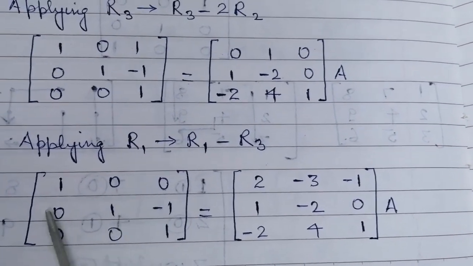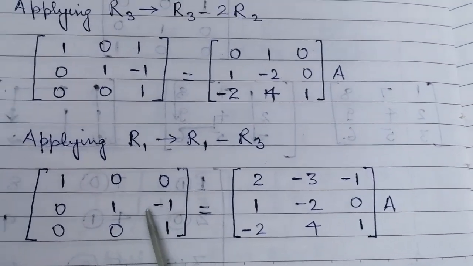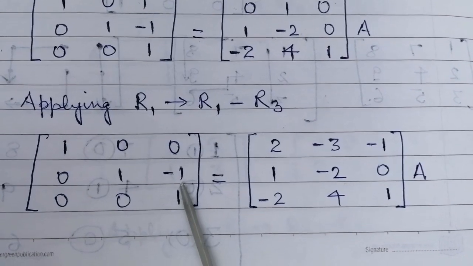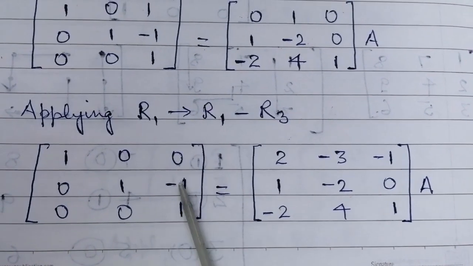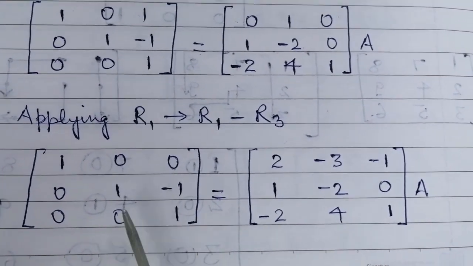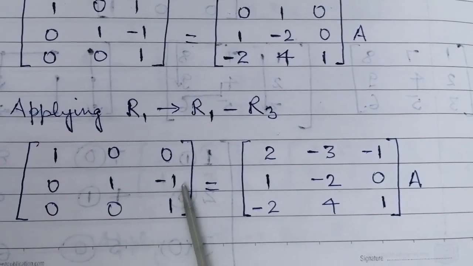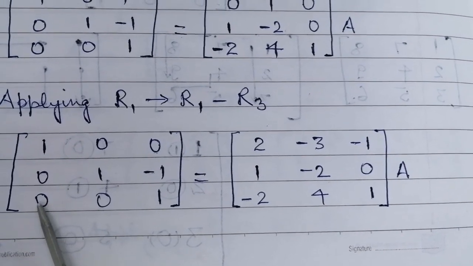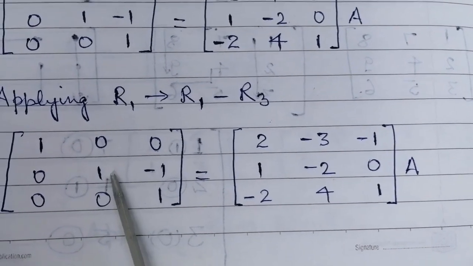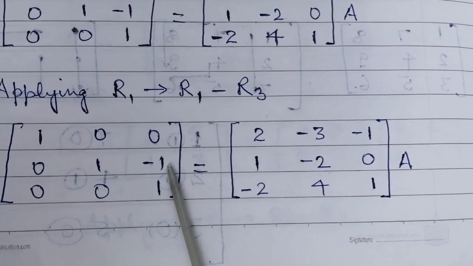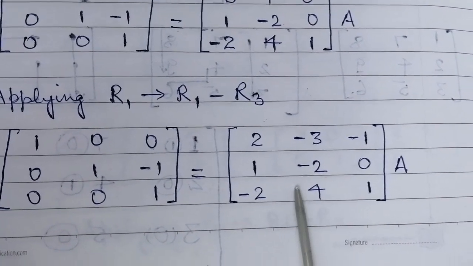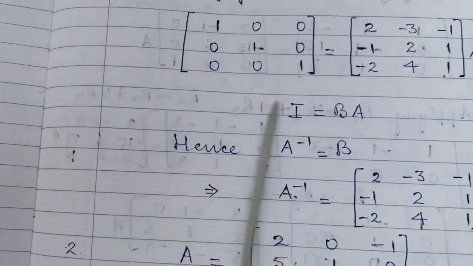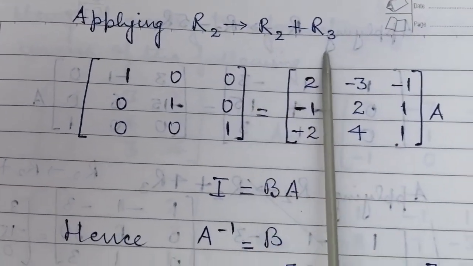Now we are just left with this element, right? At ninth place, what do we have here? 0. So how do we get this 0 here? If we add these two, that is on R2, we can apply R2 plus R3. So 0 plus 0 will remain 0 only, 1 plus 0 will remain 1 only, and minus 1 plus 1 will become 0, and same you will apply on this matrix on this side, right? So after applying, on R2 we are applying R2 plus R3.